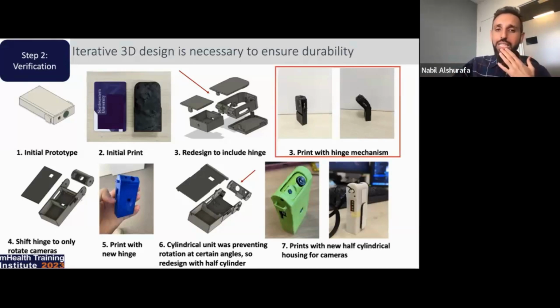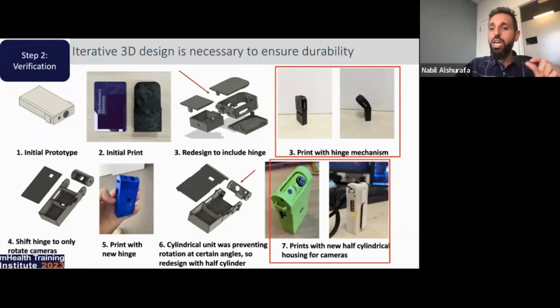So one thing we looked at here was changing how we can orient the camera, right? Because depending on body shape, you're going to need to adjust the orientation of the camera to orient it towards the mouth, because we want to capture what goes into the mouth. And so we tested putting a hinge in different places. And we then added cylindrical units. In the end, we added a half cylindrical housing for the camera that made it much more stable and was sufficient for the range of orientations we wanted to capture.